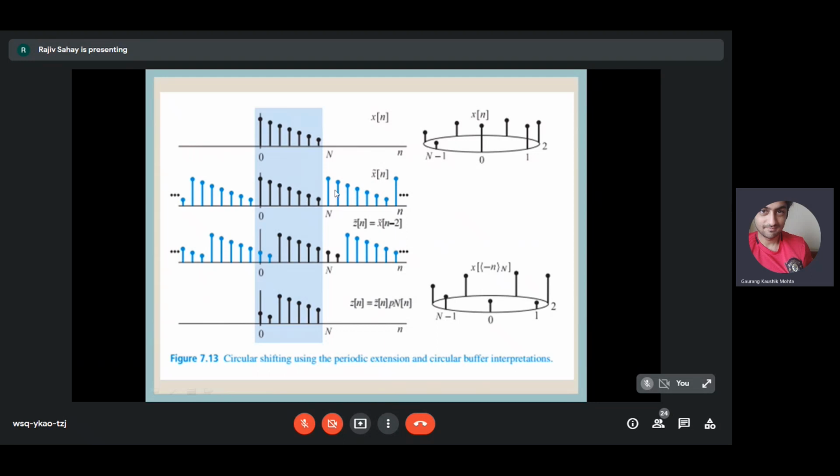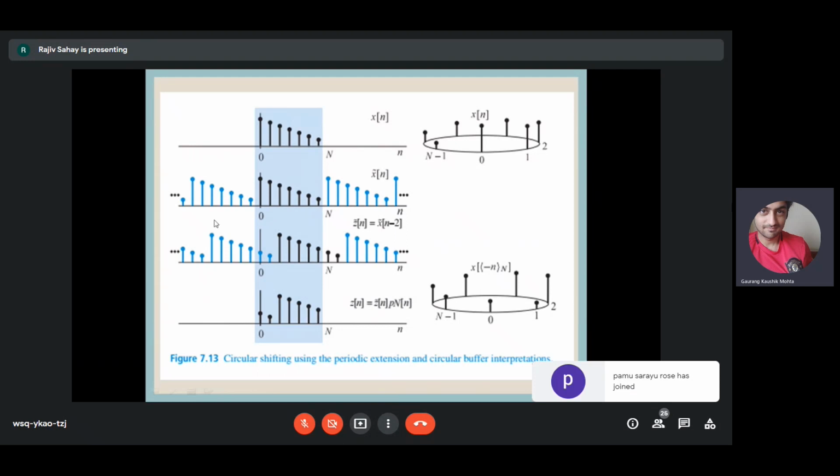And you are supposed to now circularly shift, or linearly shift, this x tilde of n. So let us see, z tilde of n is equal to x tilde of (n minus 2). So here we are linearly shifting x tilde of n by x tilde of (n minus 2). When I delay the sequence by 2, I am going to get these two extra samples